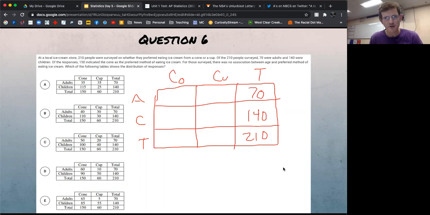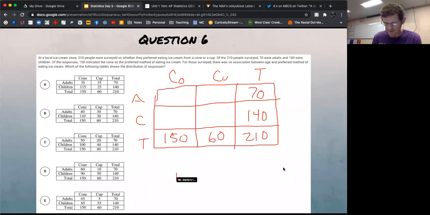Cones versus cups, 150 preferred cones, which means 60 preferred cups. They're making this question hard. All the low-hanging fruit, they're all the same. So where it all mixes up is right here in the more difficult part of this two-way table. The fact that it's independent means that there's no distinction. So let's break this down, and hopefully it makes sense. 150 and 60. If I break this down into percents,